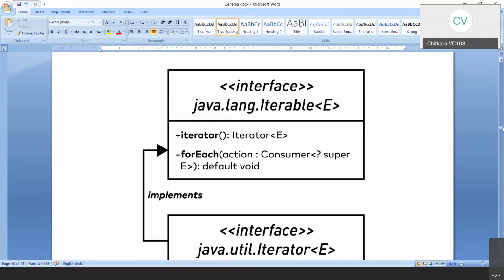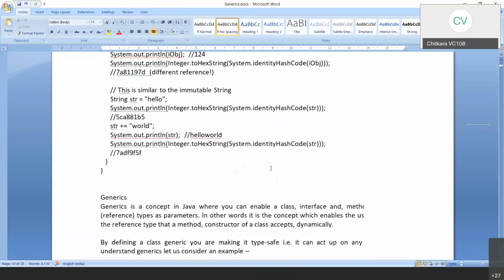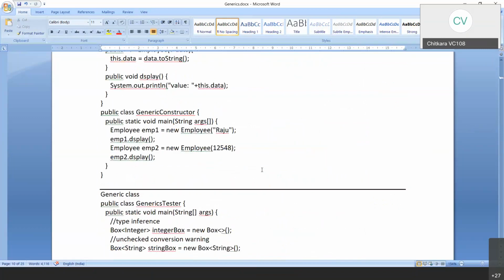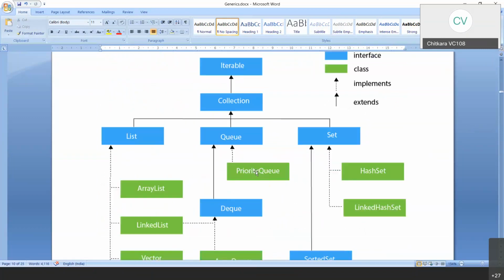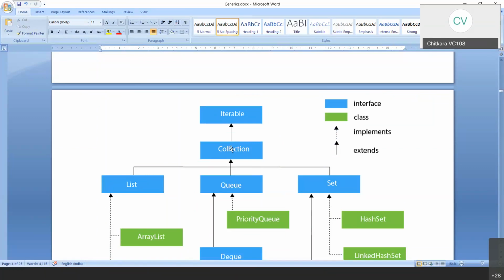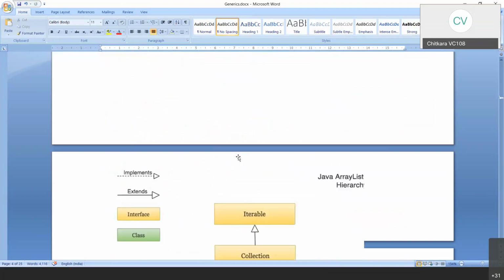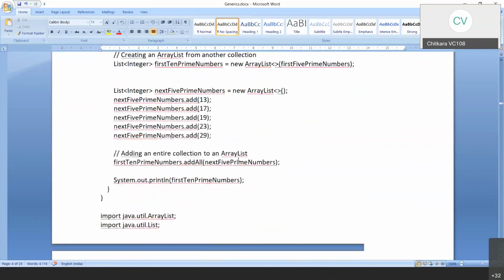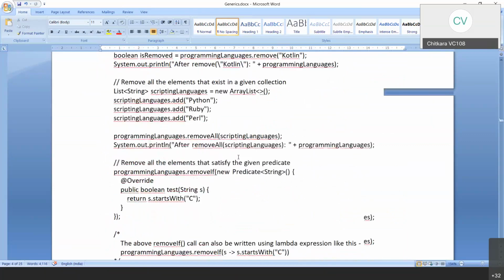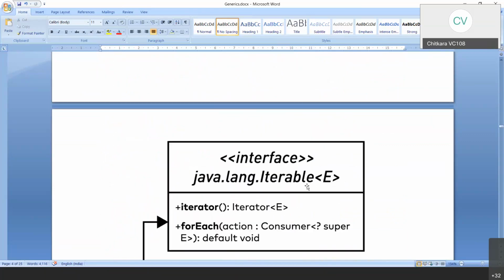If you look at the diagram right at the top, the collection is derived from the Iterable. If you look at the documentation, it says that Iterable contains this iterator and the forEach method. forEach is used to display the contents of this particular array list.